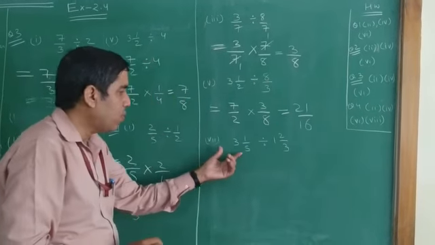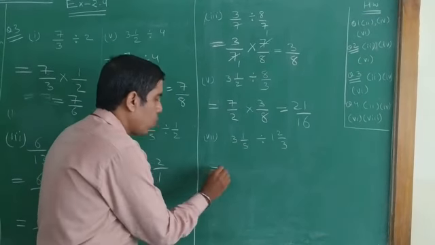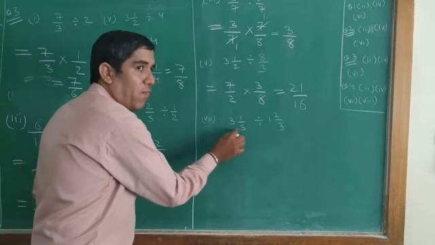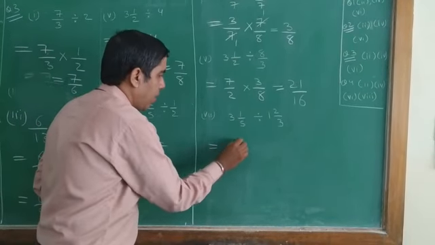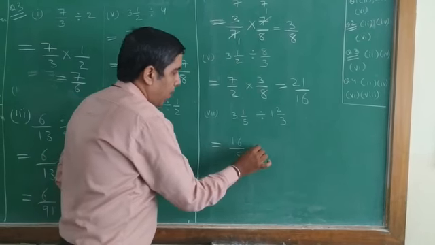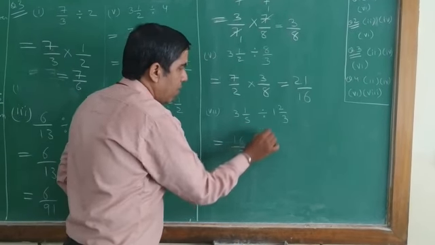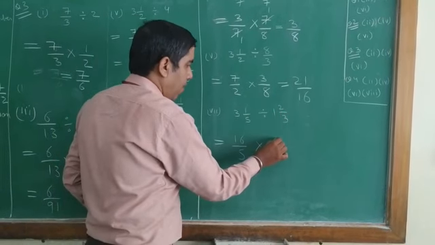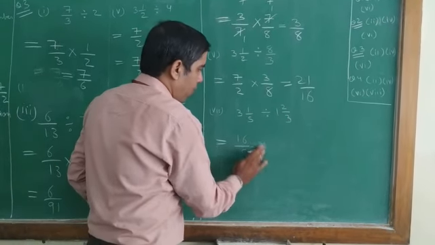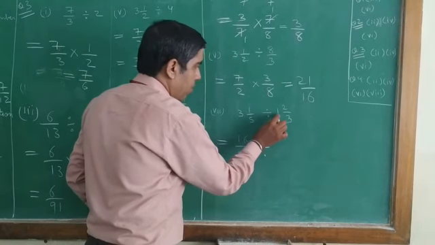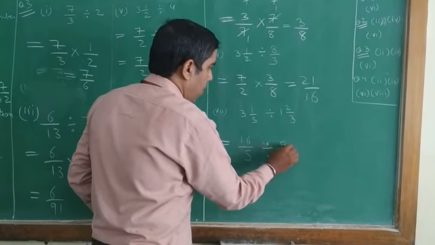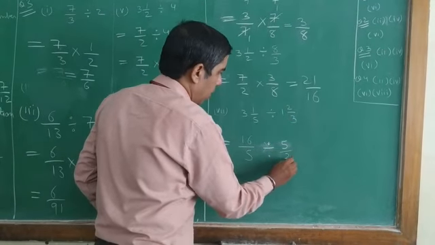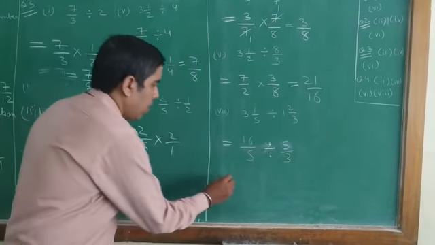Now you can see the next also, both are mixed fractions. So first we have to convert into an improper fraction or normal fraction. So 3 times 5 is 15, 15 plus 1, 16, 16 by 5, and division becomes multiplication. So 3 times 1 is 3, and plus 2. So let us do it step by step. Here 3 times 1 is 3, and it becomes 5 by 2. Sorry, 5 by 3. Right here, 5 by 3.